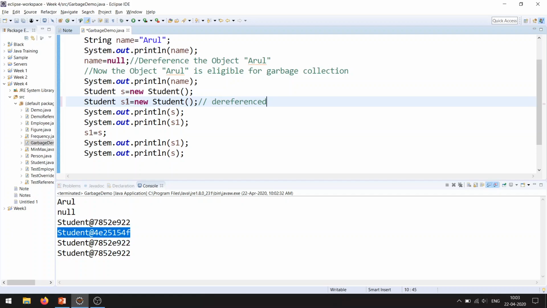In that case the object that s1 was pointing to is eligible for garbage collection. So in this code, the object referenced by s1 is eligible for garbage collection.